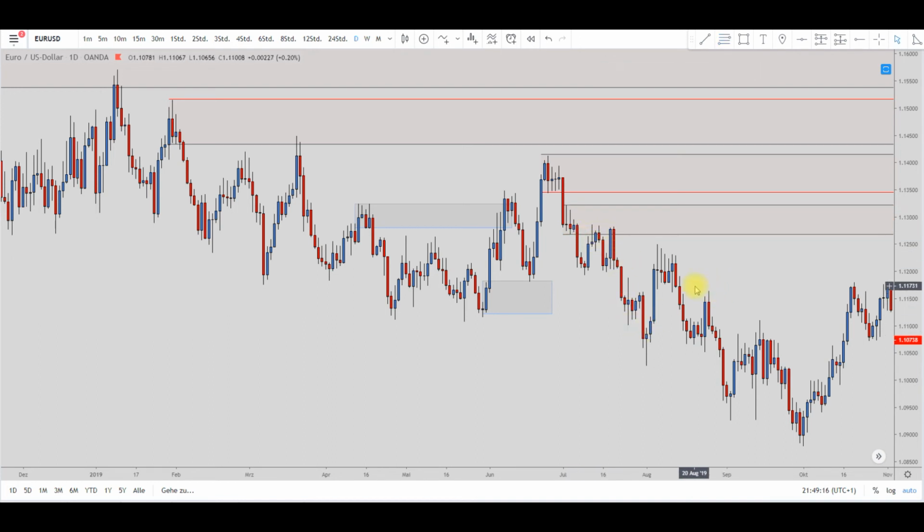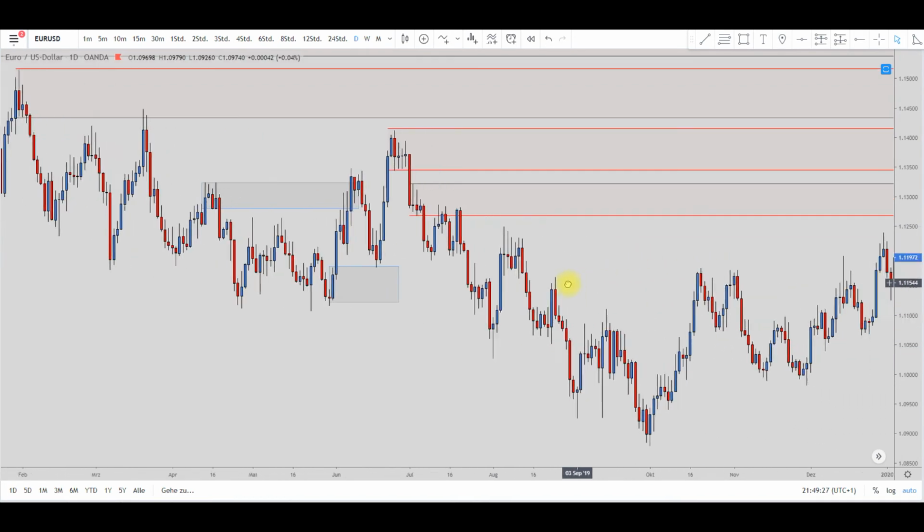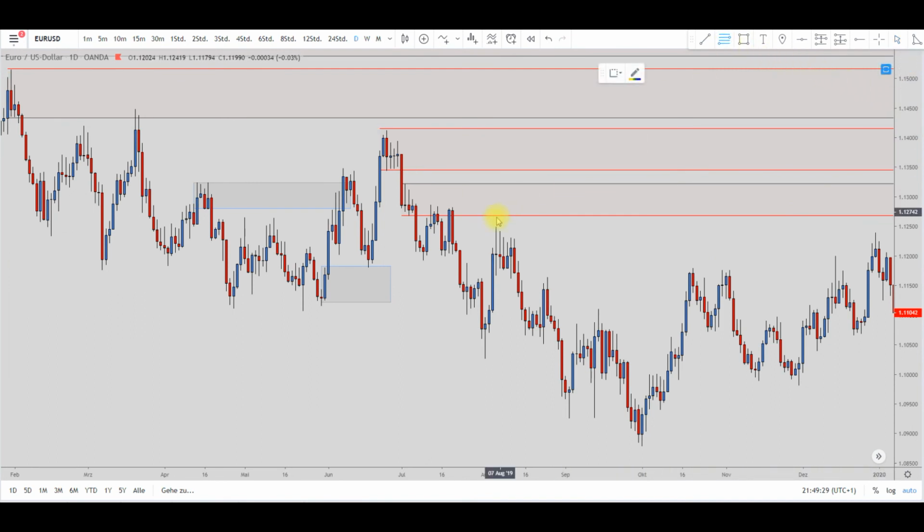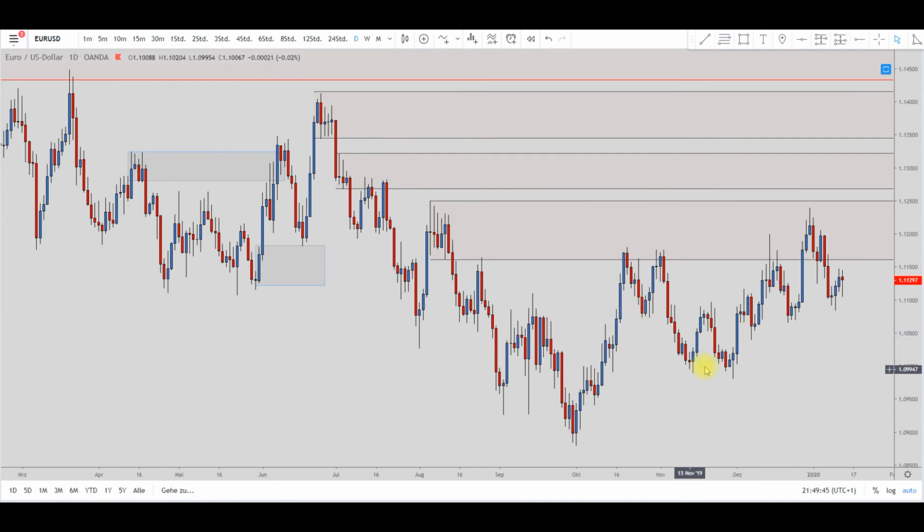We went further down, took out supply on this reversal, then came down again, which makes this supply, which has been tested once, twice, 3 times, 4 times, 5 times, and we are at the current level in the euro. So this one down here